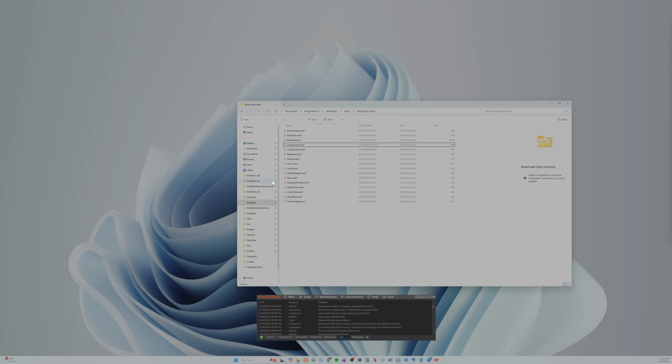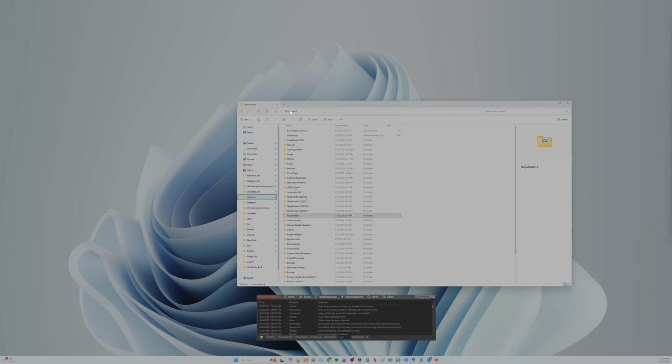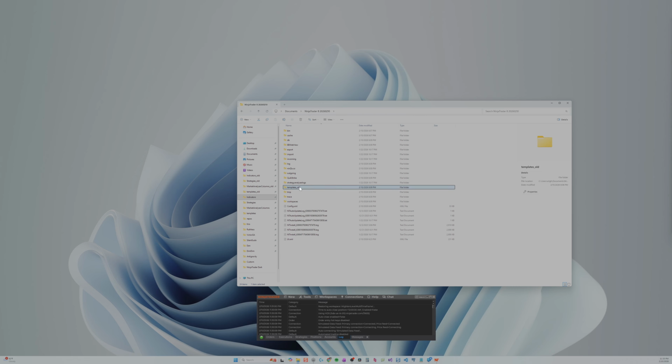So how I get started with an uninstall, reinstall: the first thing I do, before I do anything, is make a backup of my Documents NinjaTrader 8 folder. I just give it the current date, and then inside of that folder I rename all the key folders where I do custom development work, or where I've downloaded indicators or features. So templates, I'll rename that templates old. Inside of here, I'll rename indicators to indicators old and strategies to strategies old, so on and so forth. Add-ons old, and